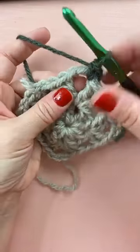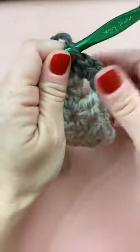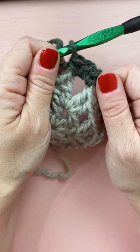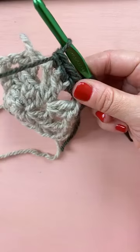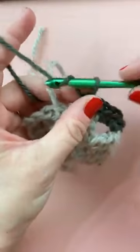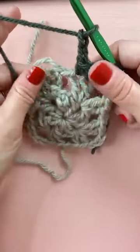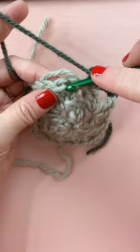And then 2 more single crochet in the same space. 1 and 2. So now you can see probably each corner will have 3 single crochets. Now we're going to single crochet in each of the next 2 stitches. Here's 1 and 2. And then chain 2 and skip the next chain space. So chain 2. I like to make the chains here kind of loose so it lays flat, okay? So we're going to skip this chain space here,